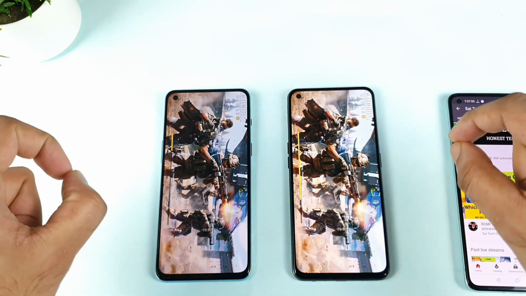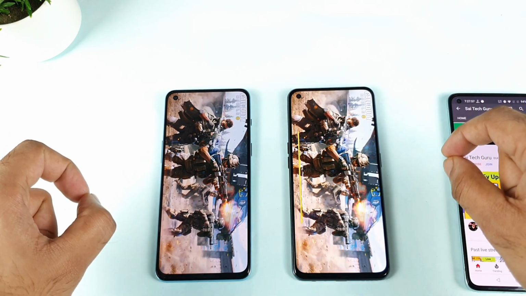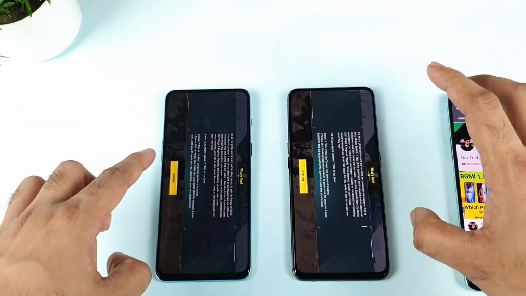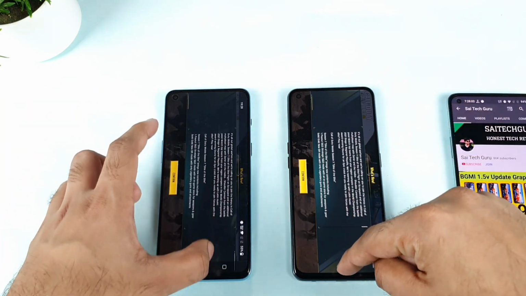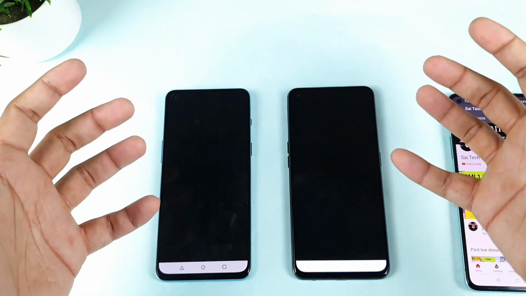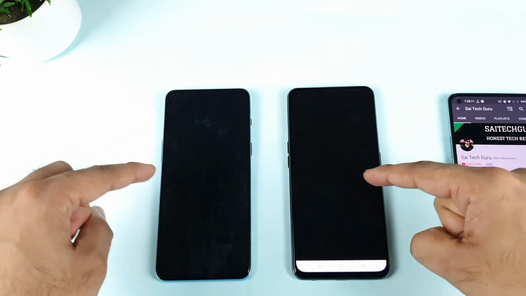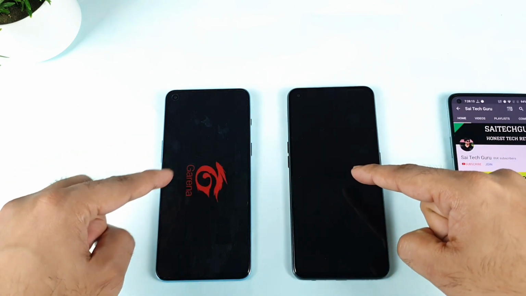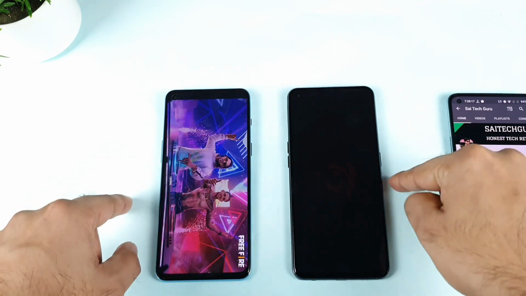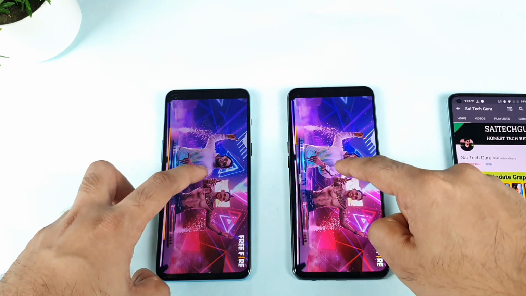Both phones are connected to the same Wi-Fi network. This is going to be really interesting, to see which phone will be able to open that confirm page first. The OnePlus Nord 2 did open faster, as you can see, than the Realme X1 Max. Just a little bit. This is not a huge win, I would say. Just a minor difference. In the Free Fire game, let's see which one shows the logo. Yes, the OnePlus Nord 2 did show the logo first, then the Realme X1 Max. So this is after the recent software update on the OnePlus device.